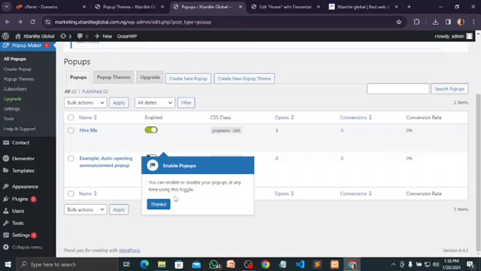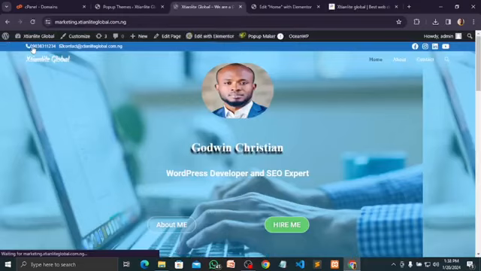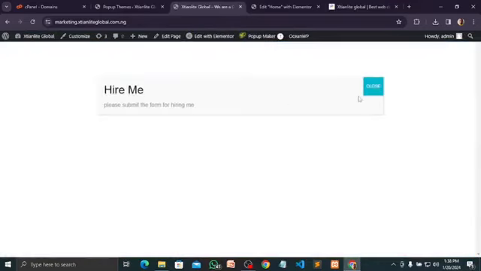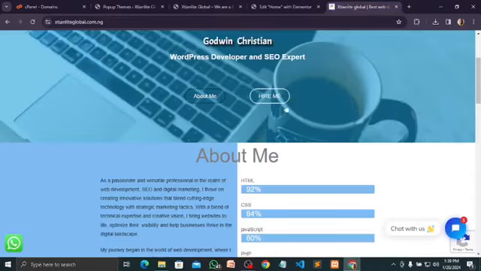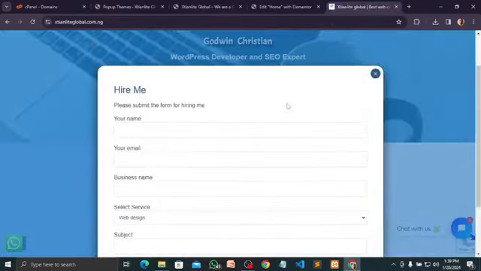Okay, so now that we are done inputting this particular pop-up, if I go to this particular site and click on this pop-up, you see that it doesn't look exactly the same way that this particular one appears. So what I will do is customize this pop-up